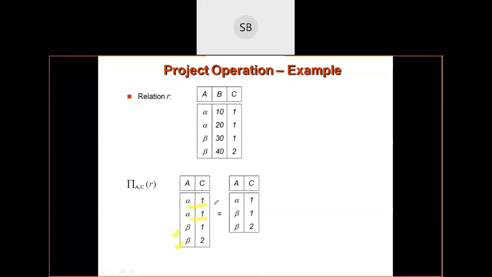So alpha 1 is replaced by only one alpha 1. That means remove the redundancy. Alpha 1 only one time, then beta 1 and then beta 2. So you display the projection operation for this.